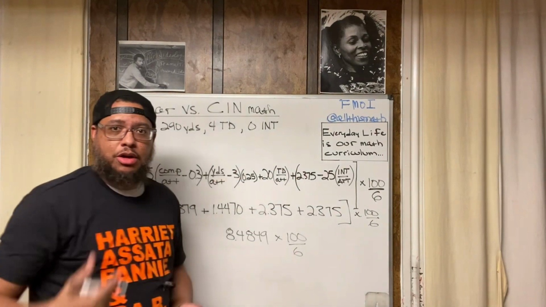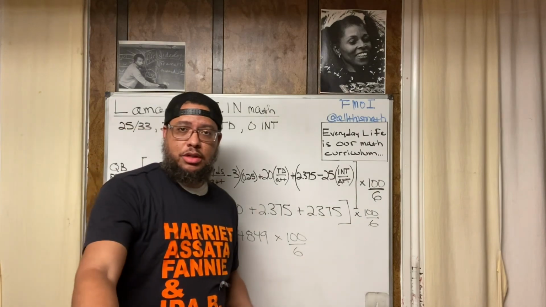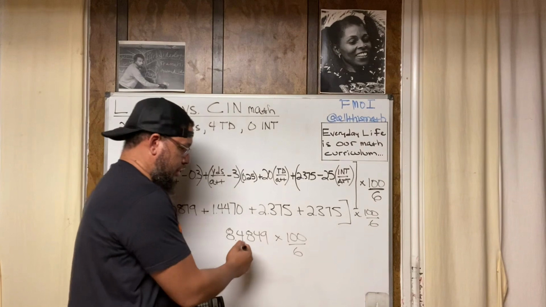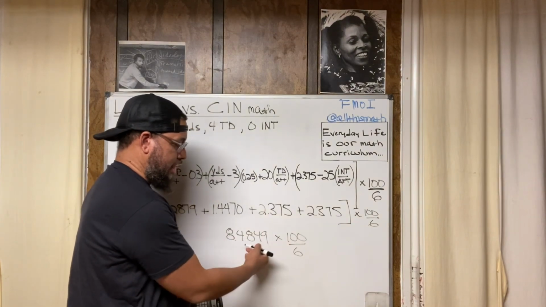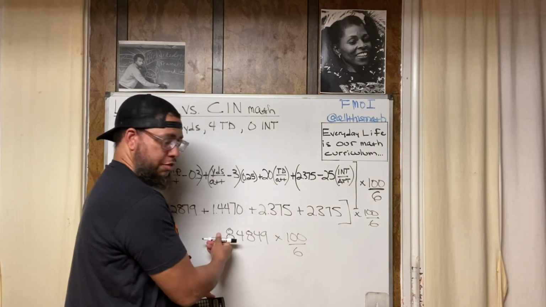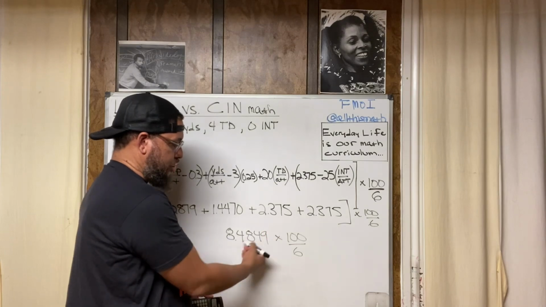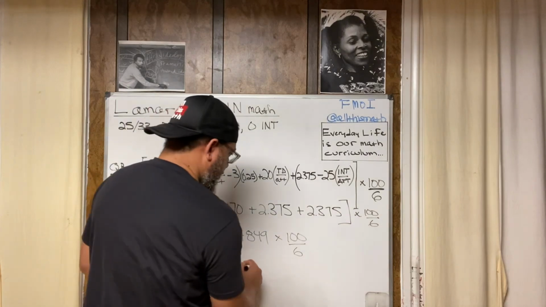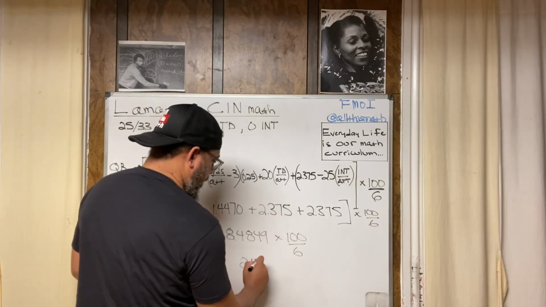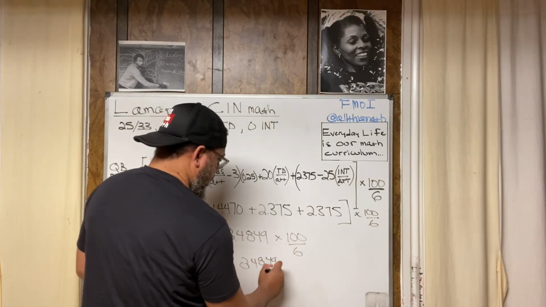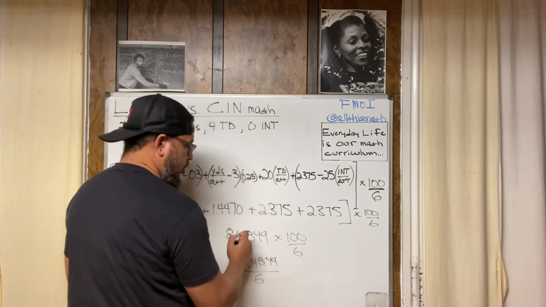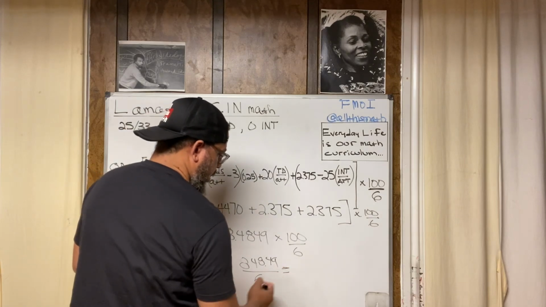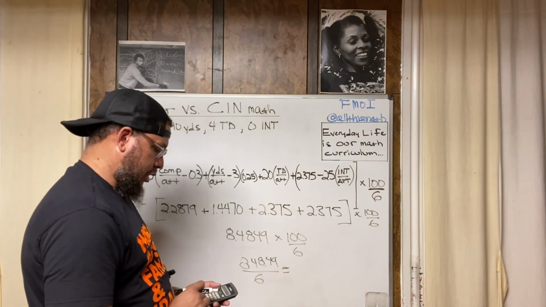Now, if your child goes to a school that uses the Great Minds Eureka curriculum, what that curriculum will teach, which is different, but it's cool, it still makes sense, is to teach the child to keep the decimal point in the same place and instead move the digits to the left. Right. So if you multiply by 100, we would move 2 digits, so we would have 848.49. So this is going to be 848.49 divided by 6, because we multiply by 100 then divide by 6. That's the way I'm choosing to do it. So now you do that, 848.49 divided by 6.